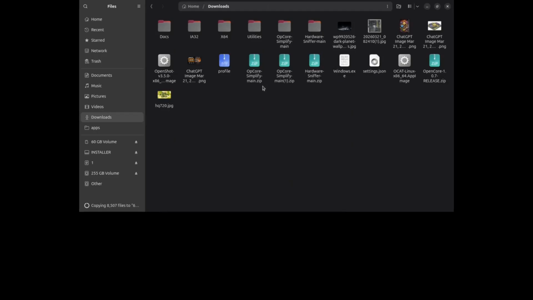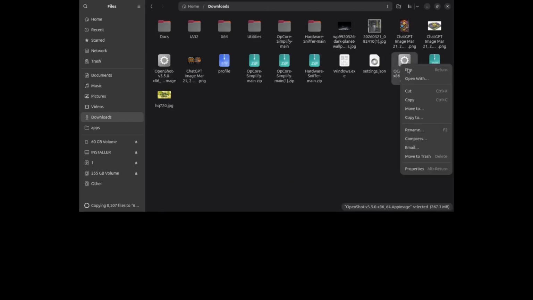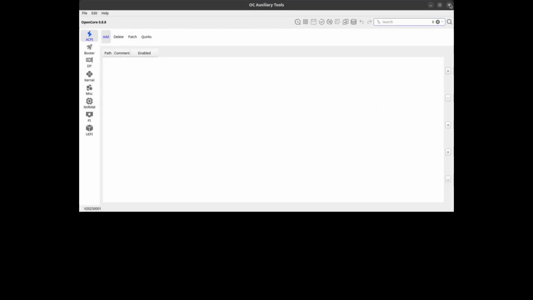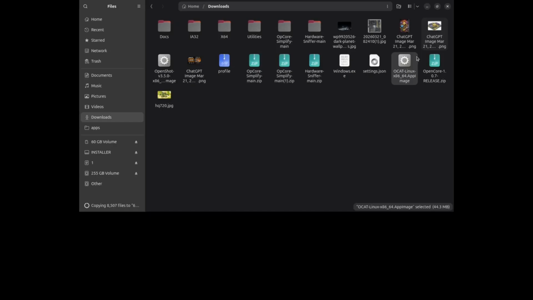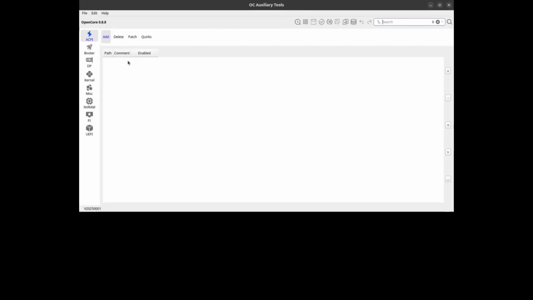Then what we're going to need to do is open this, and this is the OpenCore configurator. And this is actually what OpenCore is, but they've now done a whole lot of other stuff with it. And you're going to need to go ahead and click on the kernel area, but what you need to first